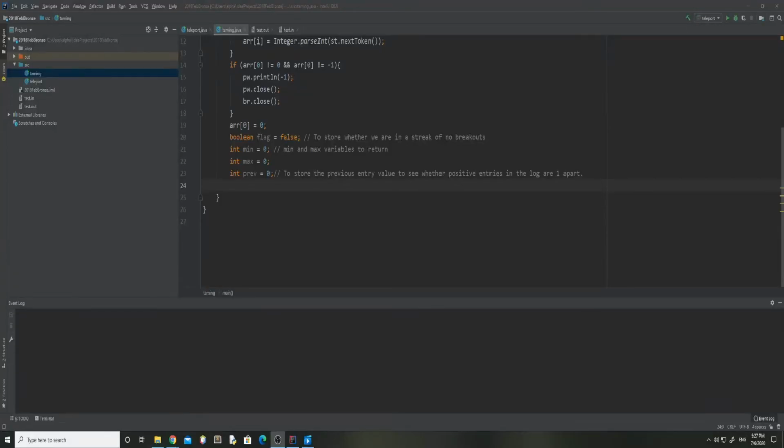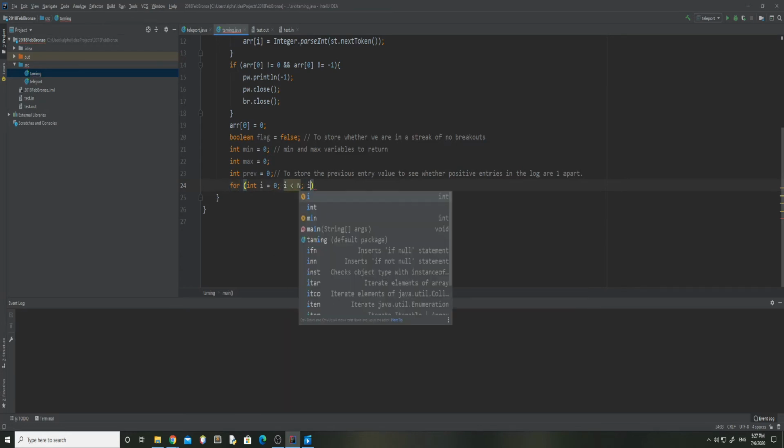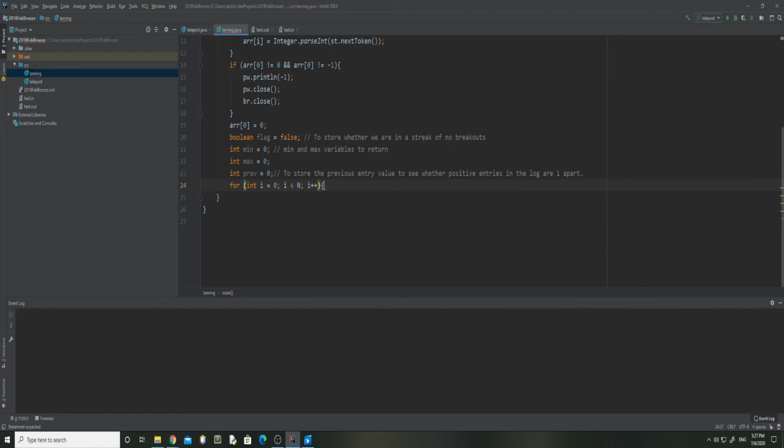So now, in order to do that, we first run through the array and process what's inside. So we're just going to create a for loop and run through the array real quick. It's nothing too fancy. Just in length, sorry about that noise, and then we check whether it's a positive number or not. So if array[i] is greater than 0,